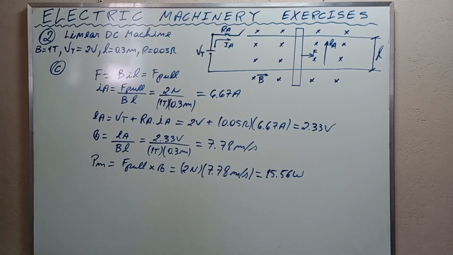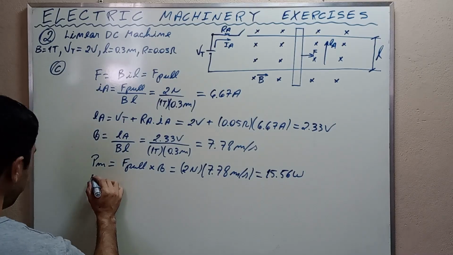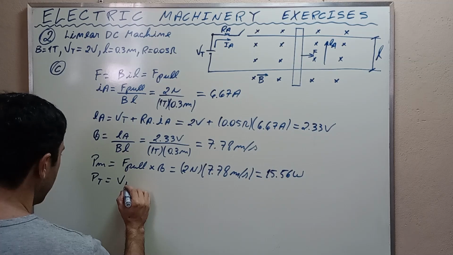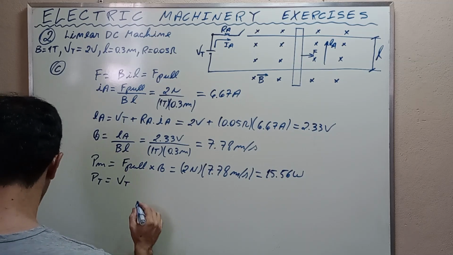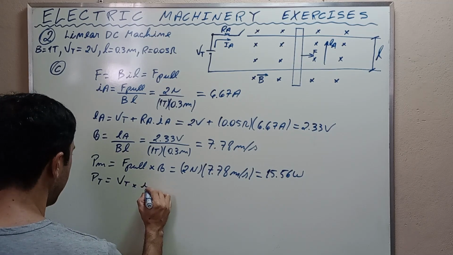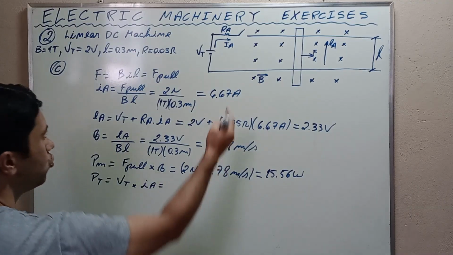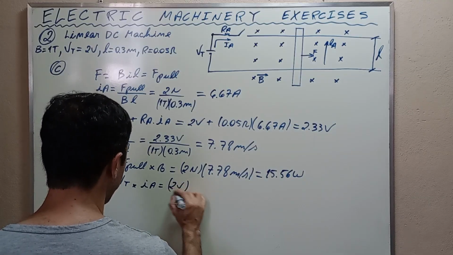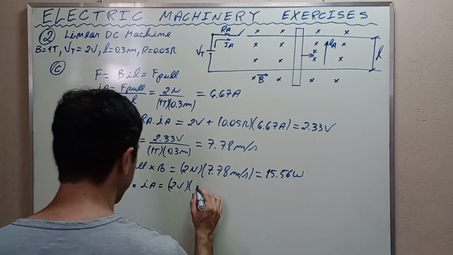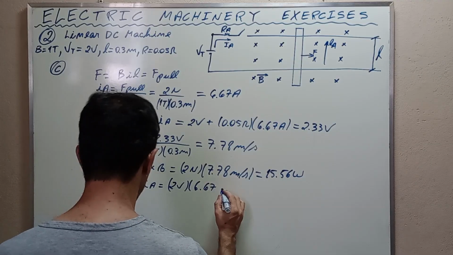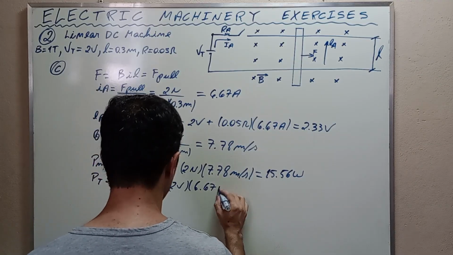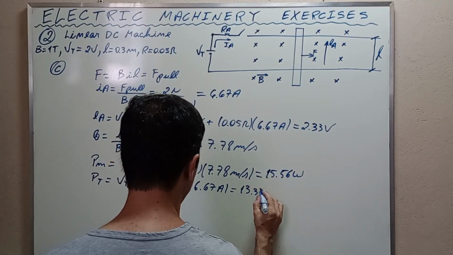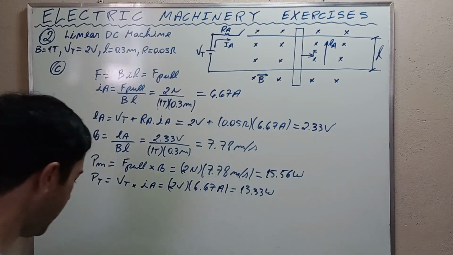The power absorbed by the battery, PT, is equal to the voltage of the battery times the current that is moving towards the battery, and this is equal to 2 volts times 6.67 amps, and this is equal to 13.33 watts. Alright, my friends,